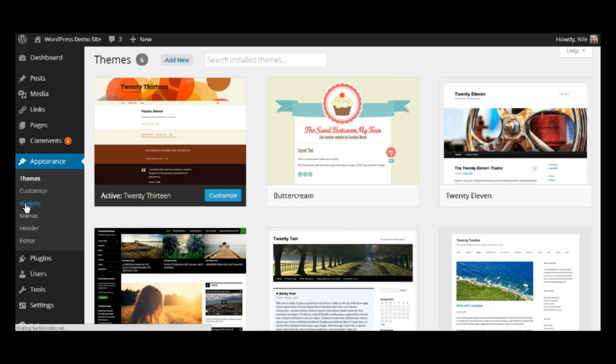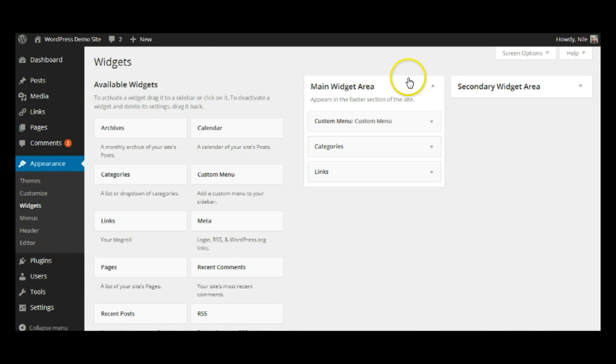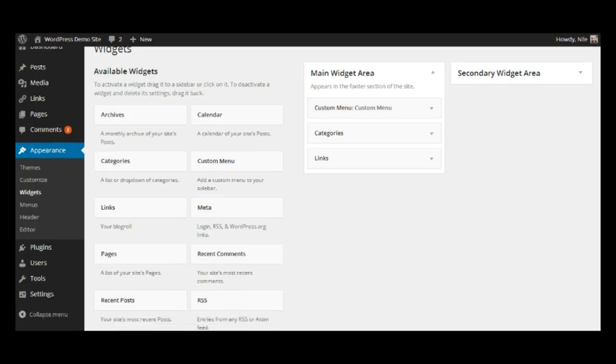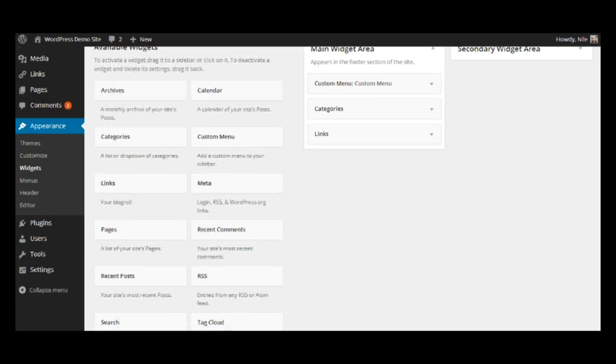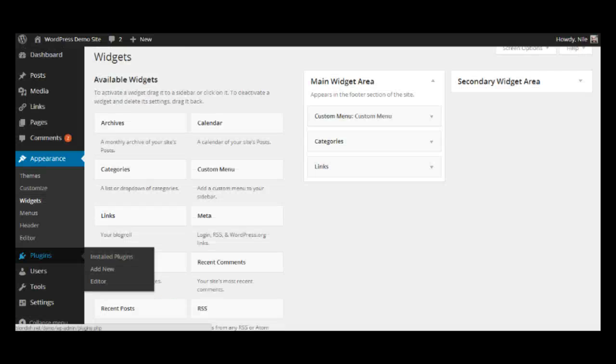The widgets area has also changed. In widgets, we used to have a larger area on one side with all the widgets you can drag and drop over to the right hand column where all the widgets for your site will be. Well, now we have two areas for widgets. It's nearly half and half. So say for instance you have 15 widget areas on your site, you're not going to have to scroll all